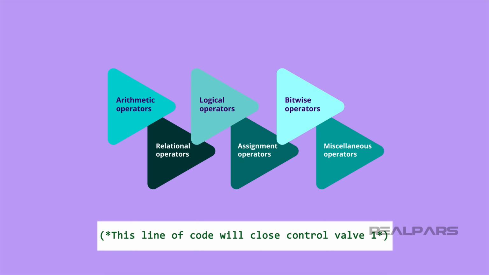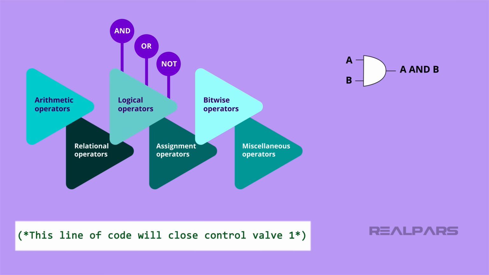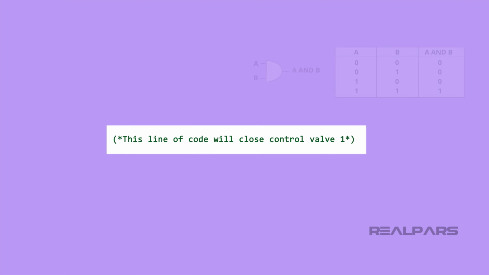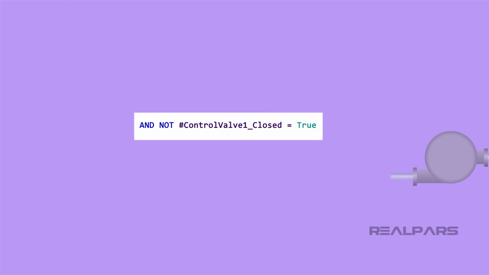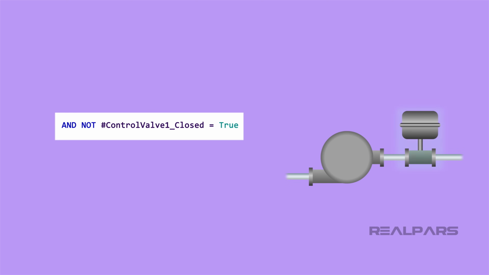Structured text also uses operators to manipulate data. Some examples of operators are the logical operators such as AND, OR, and NOT. A logical operator is used to compare Boolean data and create logic from it. An example of a logical operator in structured text looks like this. In this case, if the control valve 1 is not closed, the program would execute based on any following instructions that follow the instruction. Here is another example. In this case, if the control valve 1 is closed, or if another parallel condition was true, the program would execute based on any following instructions that follow the instruction.